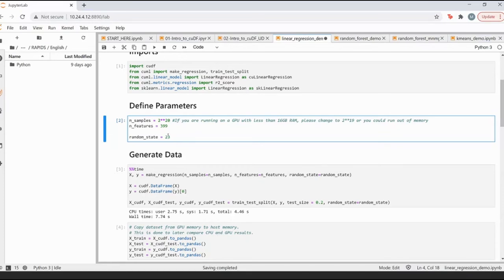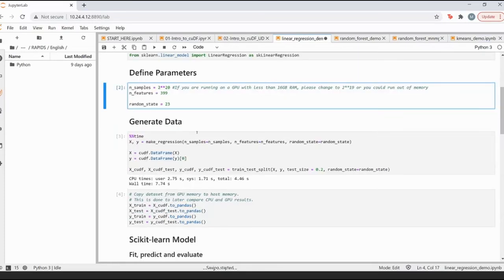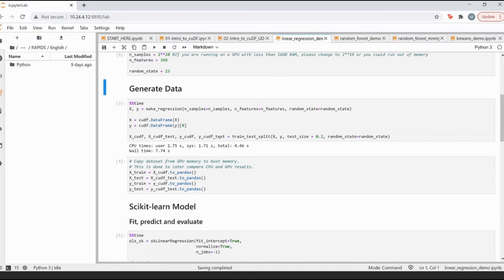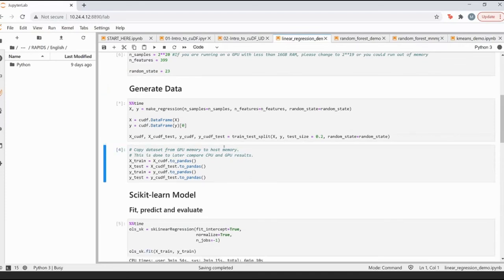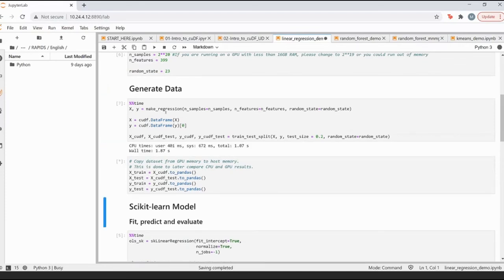So you can have a seed value, so that when you do multiple experiments, your output value will still remain the same. So let's do this. Creating the data set takes about 401 milliseconds.